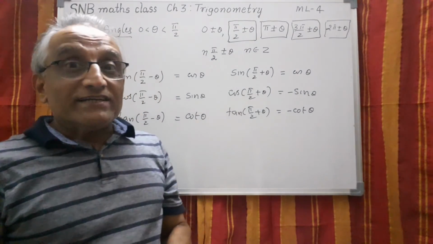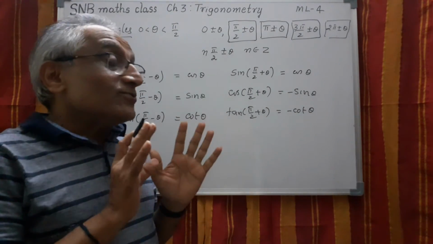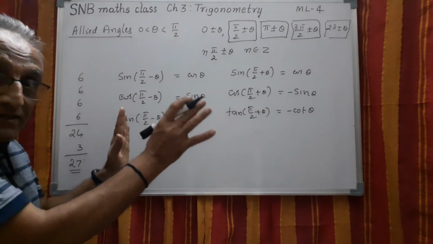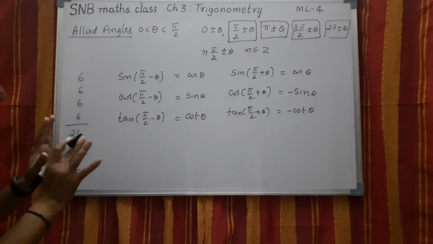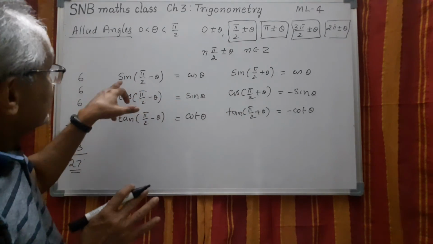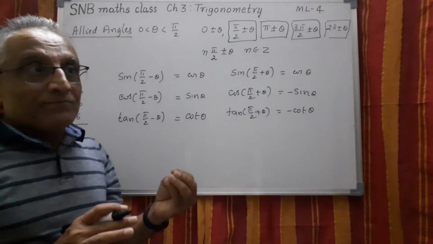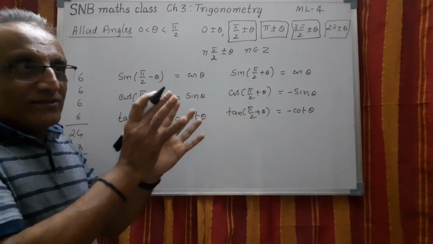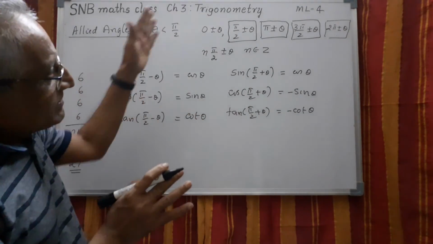Normally students are frightened: we have to remember so many, 27 formula. Don't worry. There is a very simple trick to remember this. What I am presenting now is only the idea of how many formula you have to derive. And I will show you for some simple cases how exactly, or why, this is cos theta, because there is a proof. Because my idea is, whenever you prove using a certain logical method, you understand, oh, this is what the trigonometric ratio is, this is what the rule is. Then of course remembering is easy.